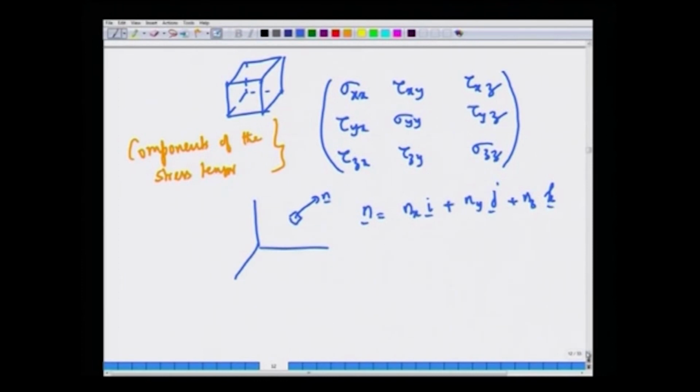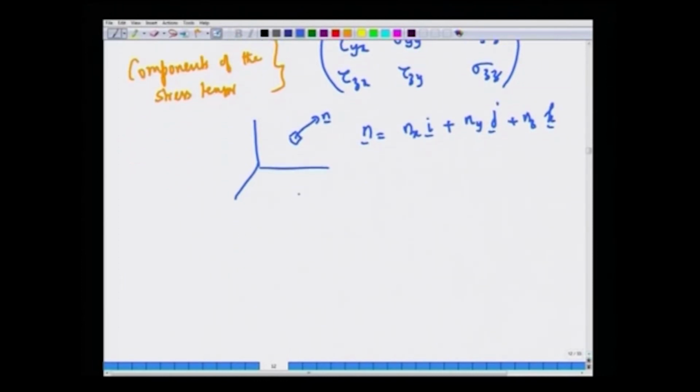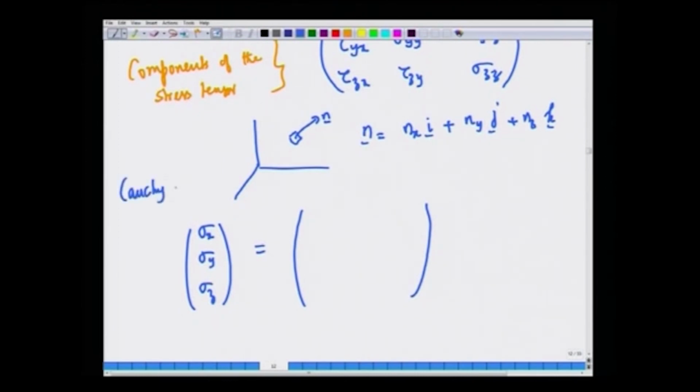Okay. Now, if you have such a tiny area element with arbitrary orientation, what is the stress, the force per unit area acting on such a surface? Okay. Let us call that sigma x, sigma y, sigma z acting on that surface. This is called the Cauchy's stress relation,